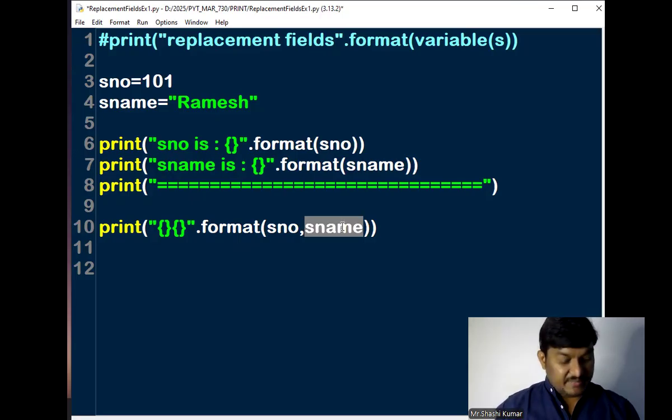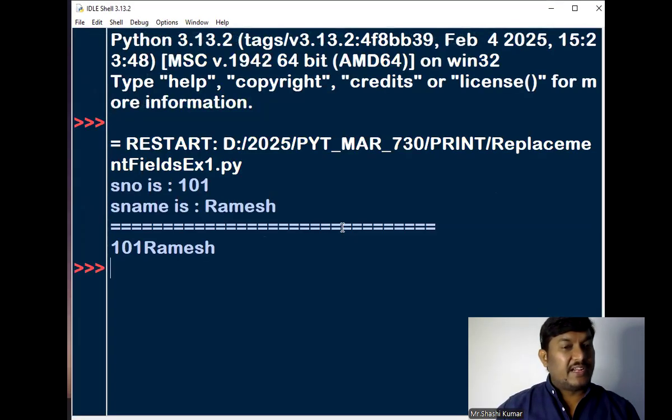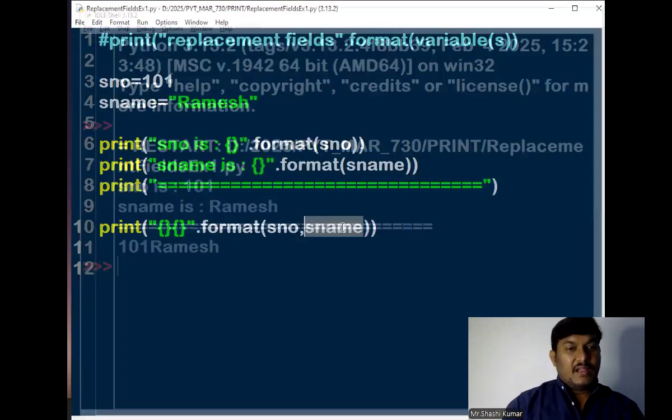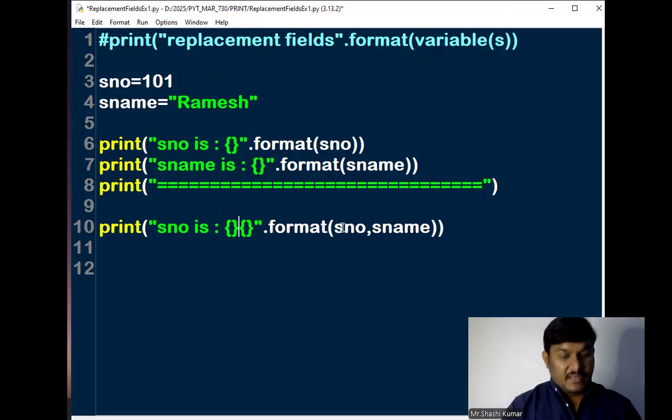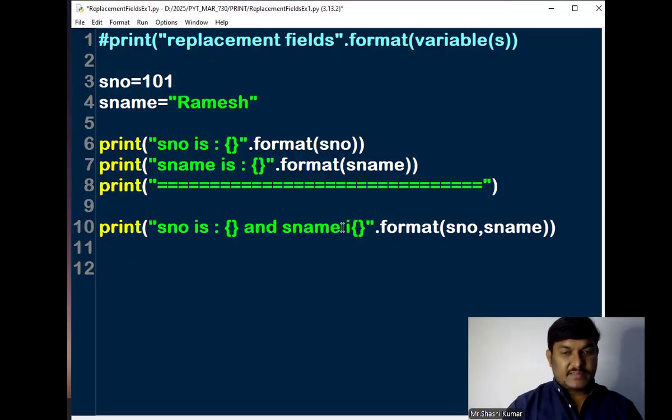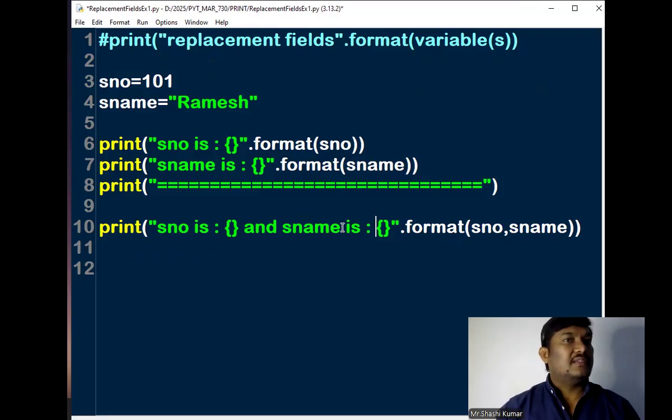I hope you are catching me. Then Control S and let me run this. You'll be getting this output. Well, I want to go with this. Here in this particular scenario, SNO is and SName is. That's okay. But kindly notice that